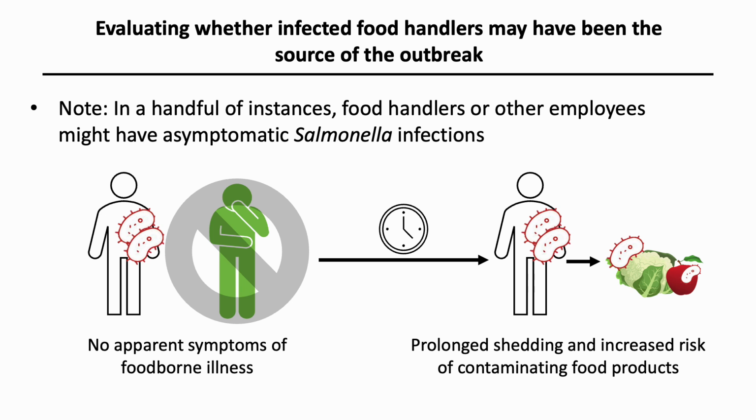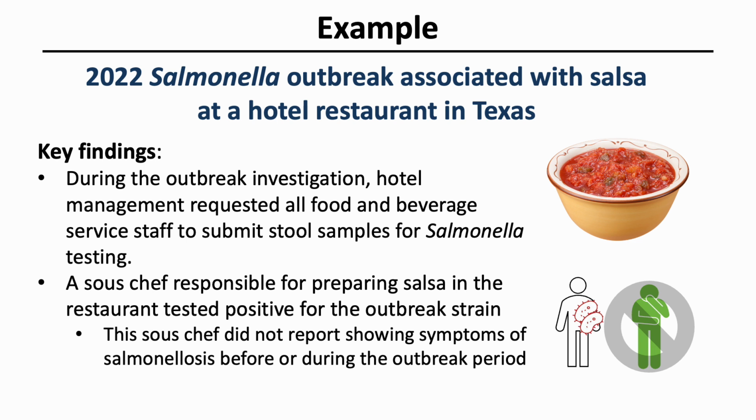contaminating food products. For example, in a 2002 Salmonella outbreak associated with salsa at a hotel restaurant in Texas, hotel management requested that all food and beverage staff submit stool samples for Salmonella testing to support the outbreak investigation. From this testing, it was revealed that a sous chef responsible for preparing salsa product in the restaurant tested positive